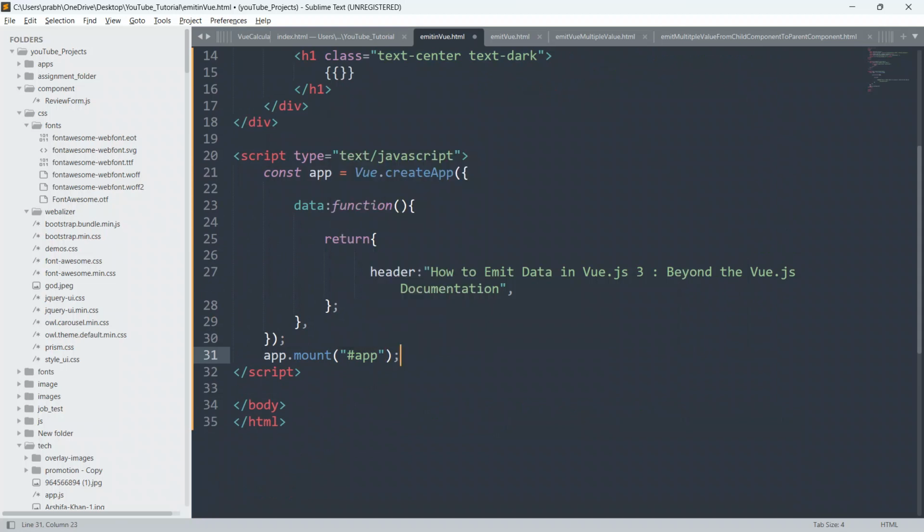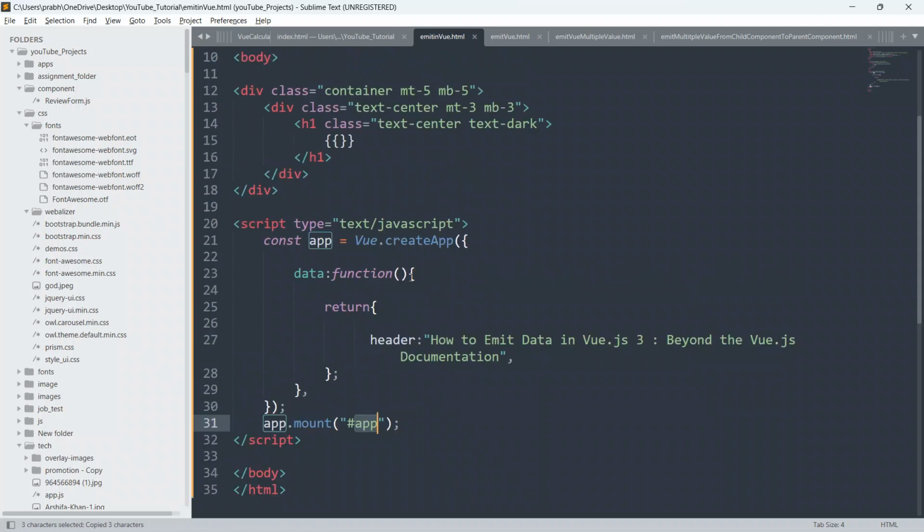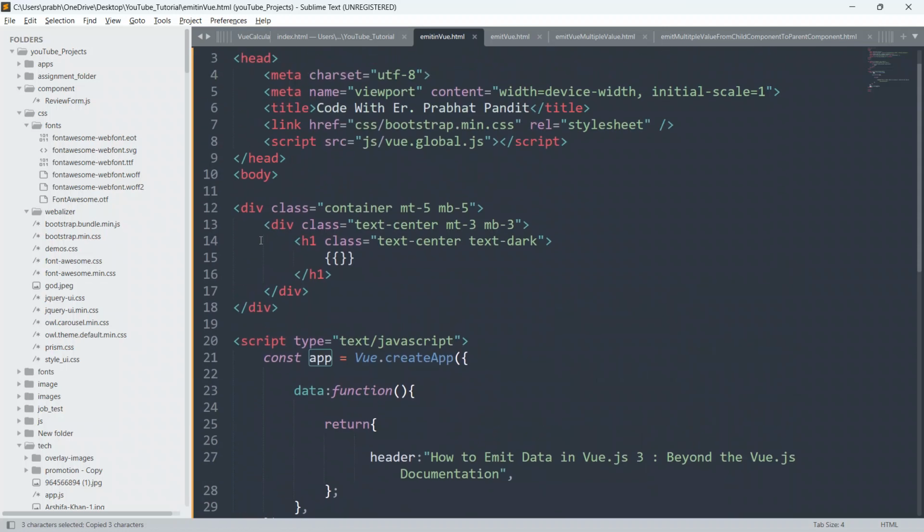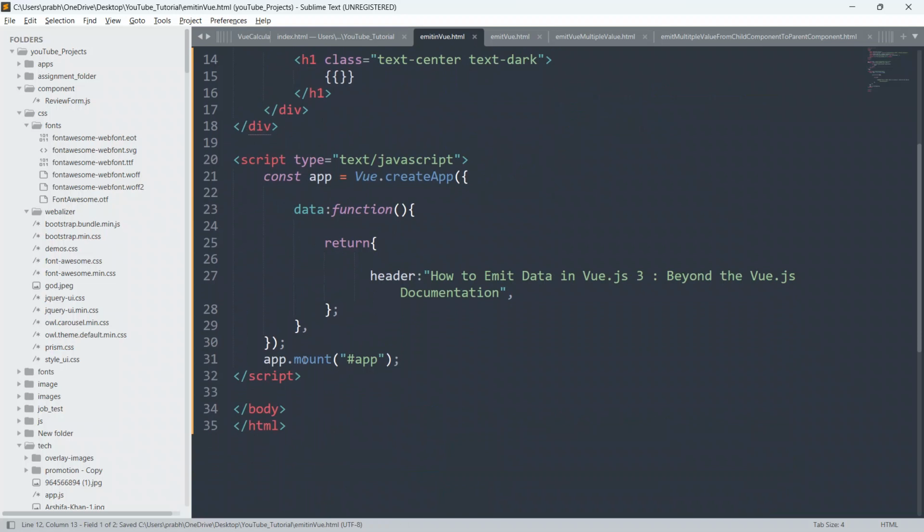You are free to give a class here also, but I'm gonna give an id, because you can see I have given a hash, so this is an id. We have to copy this id and give it to this entire div, which is the parent div. I will give id as app.